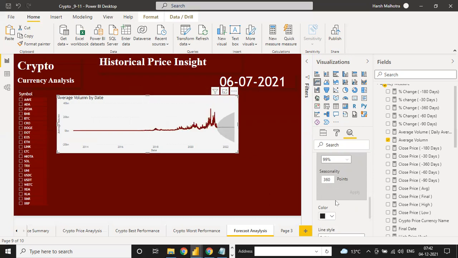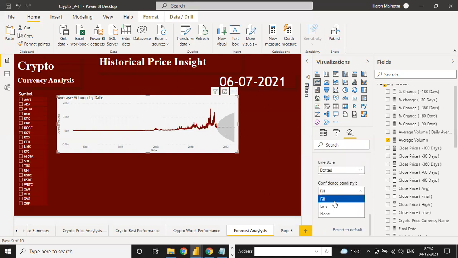Okay, and now if you change your line style, suppose line style is now solid, if you change it to dashed or dotted line, and the confidence band line, suppose line, then it should change. See, it changed. Click here. If it is fill, you can change it. This is the fill line.